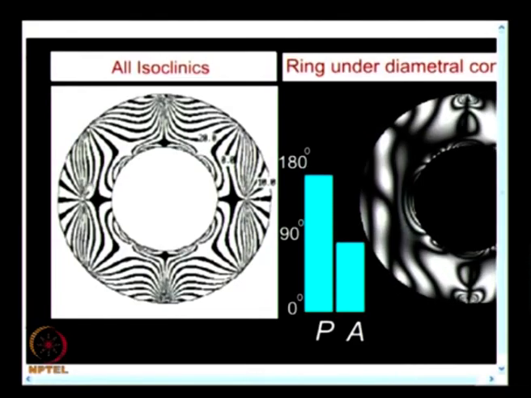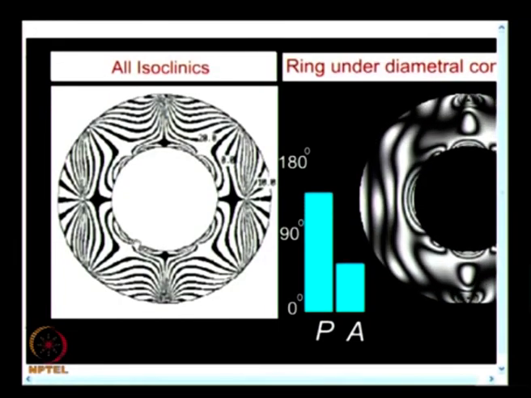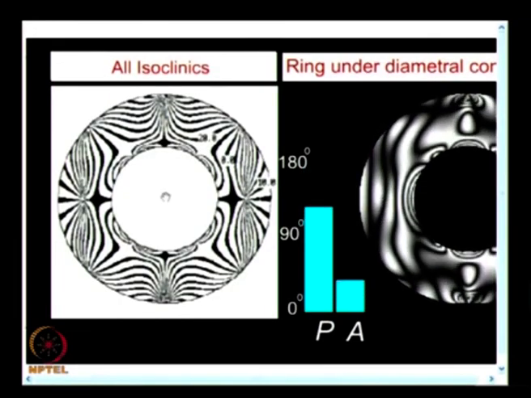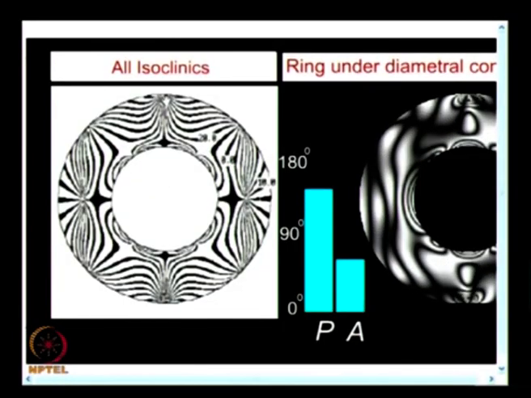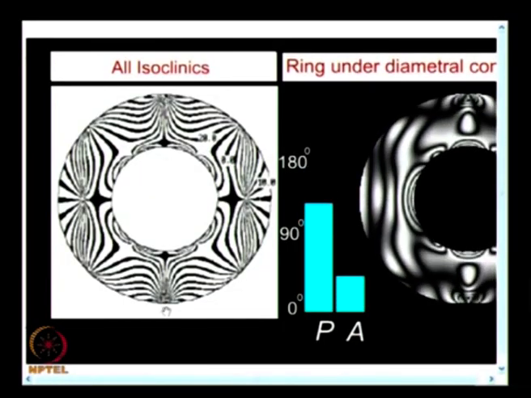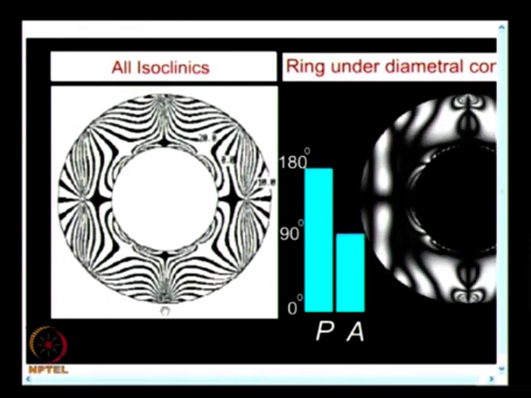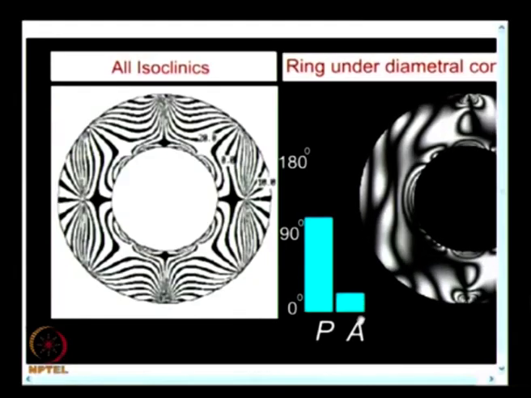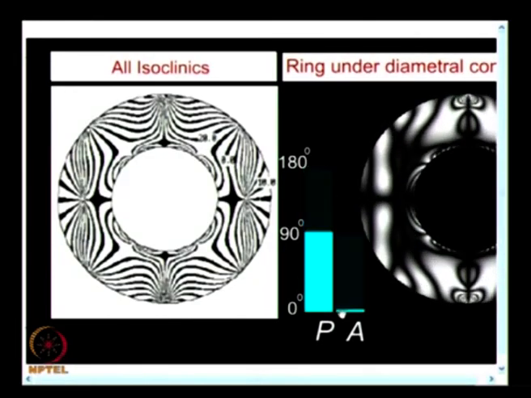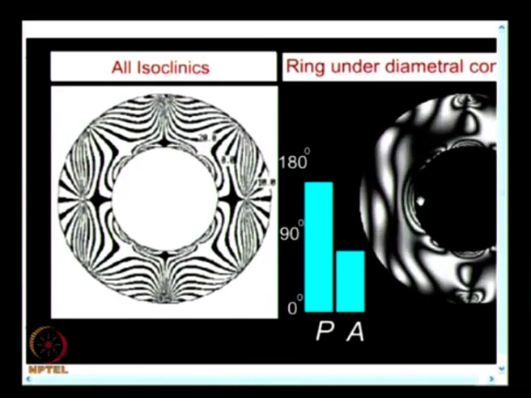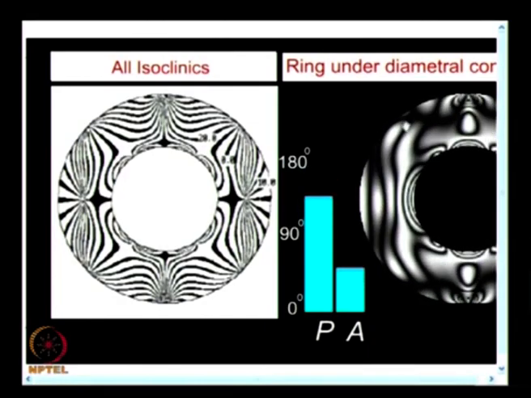Likewise, you see, but I also have another 2 points where the isoclinics originate. Suppose you look at the load application points, there also all isoclinics merge. So, you have made these observations. First you make the observations, then we find out and classify what the different fringe features are. And this animation also shows that I have the polarizer and analyzer crossed and they are rotated. That is how you are seeing these isoclinics moving through the